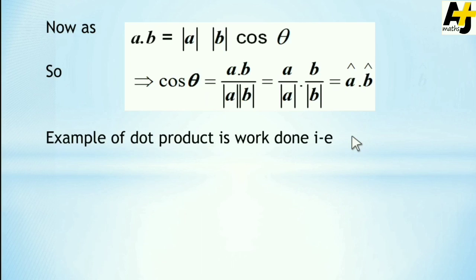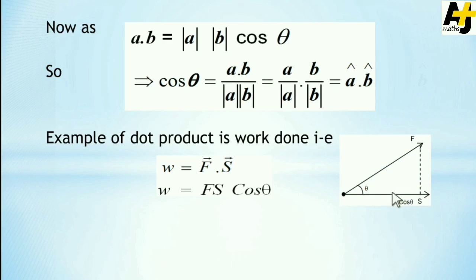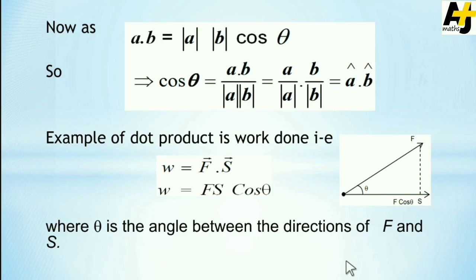Example of dot product is work done. One of the best examples of the dot product is work done, because we know that W equal to F dot S, where F is the force and S is the displacement. By removing the dot, we put in the angle: cos theta. So this becomes W equal to F S cos theta, where theta is the angle between the force and the displacement. Look at the diagram. Here the force is applied at the upper part and this is the angle. So the dot product of these two is equal to the work done, where theta is the angle between the directions of F